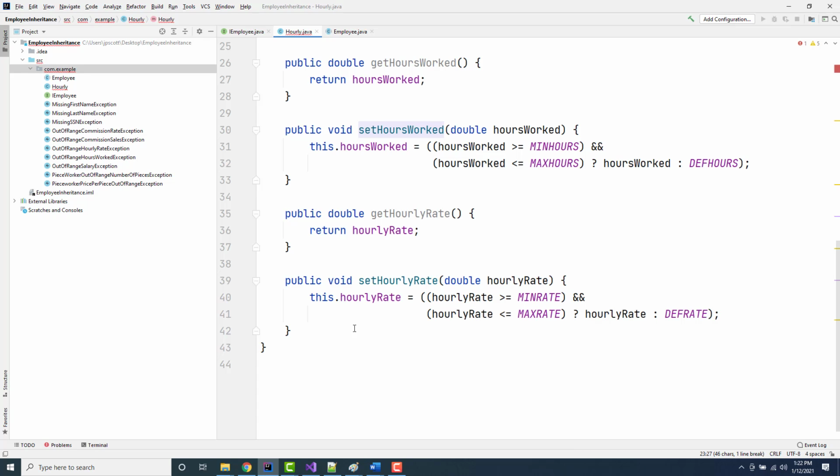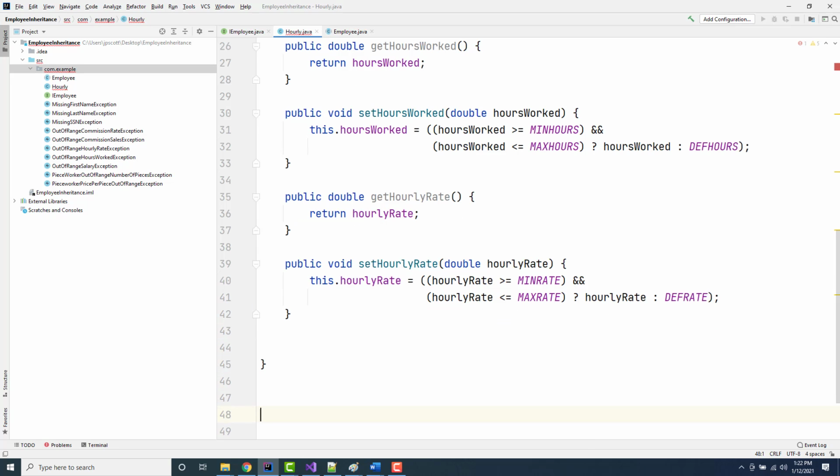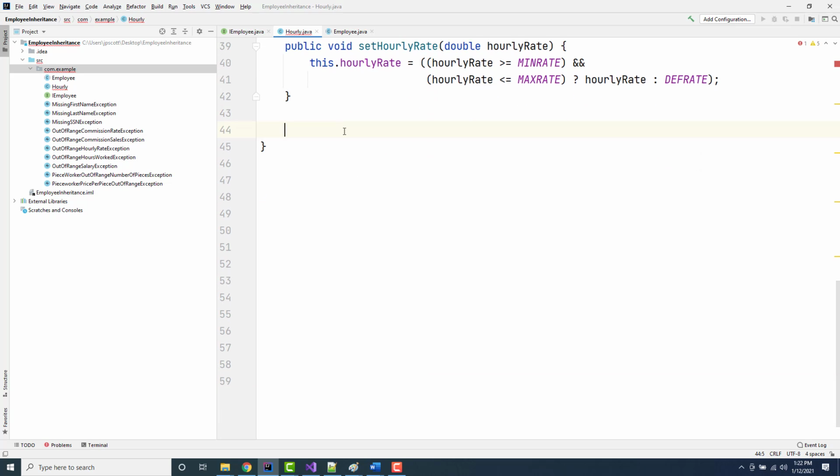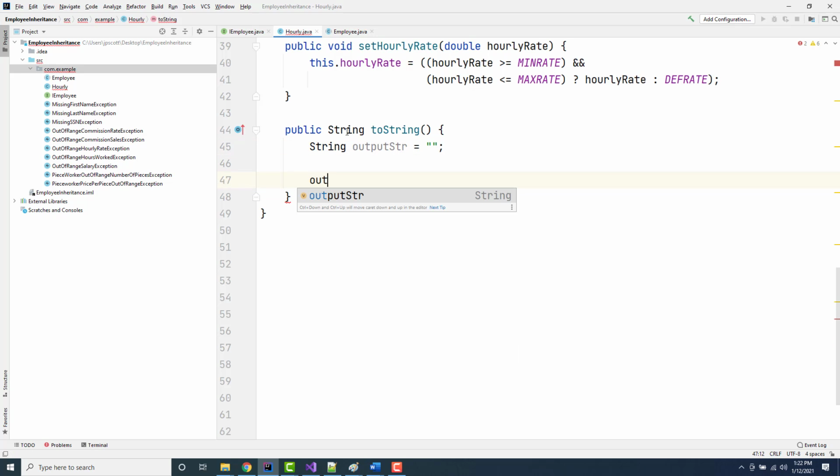All right, like I said, we got two things to do yet. I'm going to hit enter a few times just because I want to move these up, and hopefully I'll remember to get rid of all those in a minute. So first we're going to do public String toString. I'm going to have this string, I'm just going to call it outputStr. I'm going to set it equal to nothing at first, and then I'm just going to keep doing the plus equal on it. So plus equal